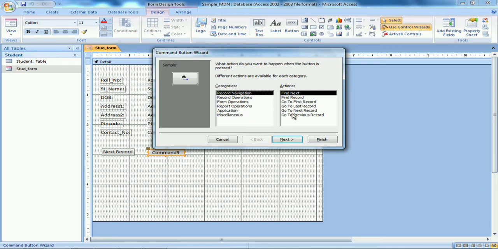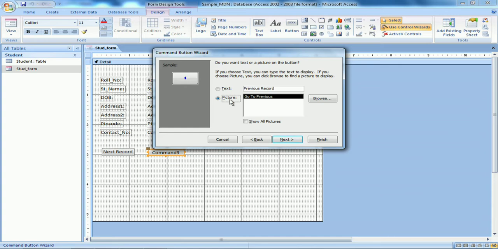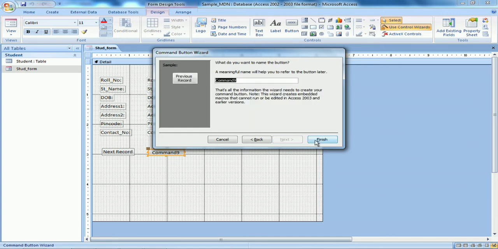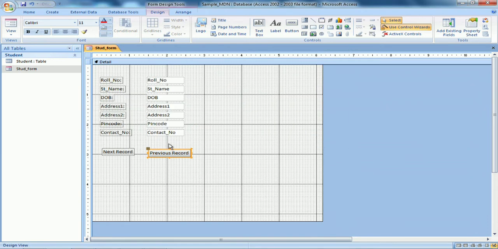Again another button. I place it here. Go to previous record, I select. Next. Again click on text. Next. Finish.